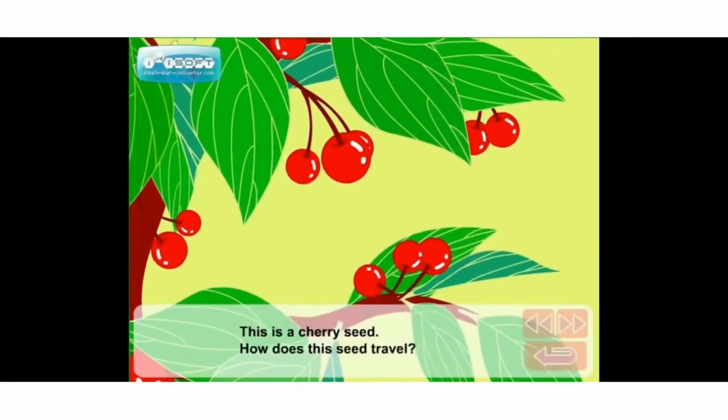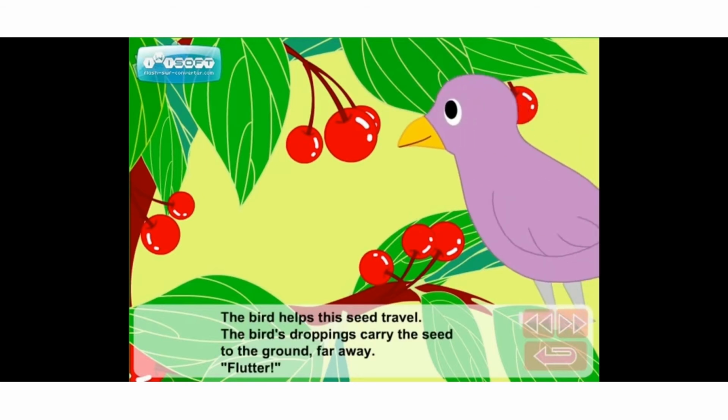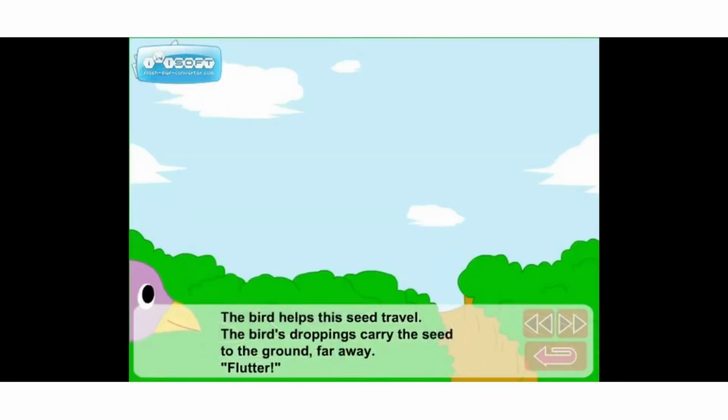Now, brightly colored and juicy fruits such as plums, strawberries, raspberries, and gooseberries are often eaten by animals, especially birds. The hard seeds inside these fruits pass through the animal's body and fall to the ground in its droppings. The seeds and the droppings containing them may finish up a long way from where the fruits were first eaten. Thus, the seeds are dispersed by the birds.